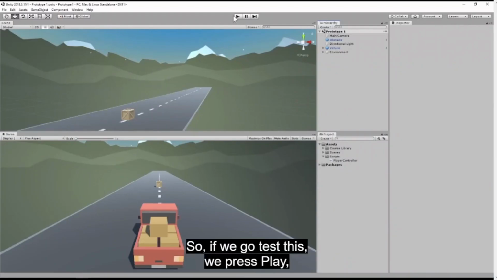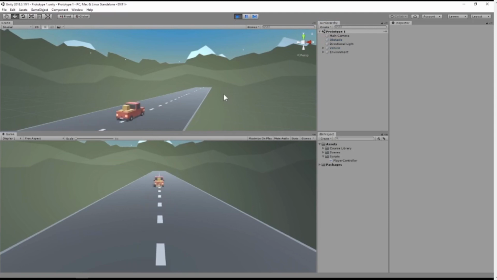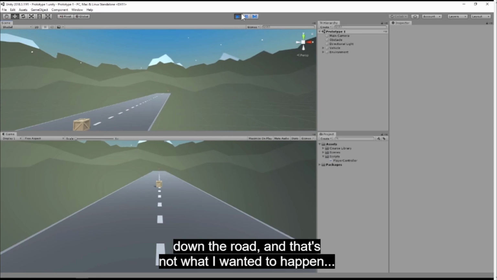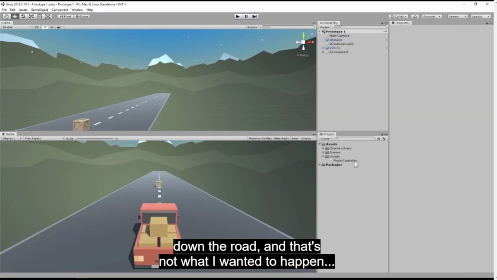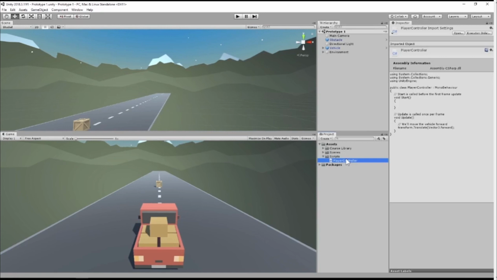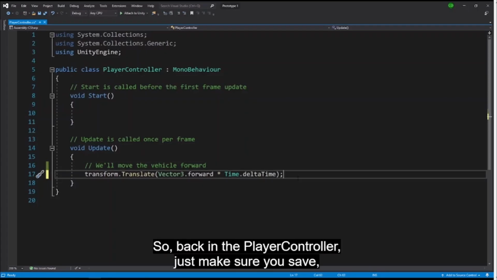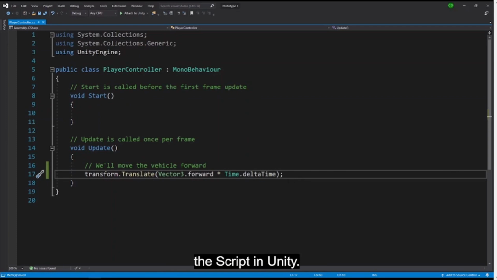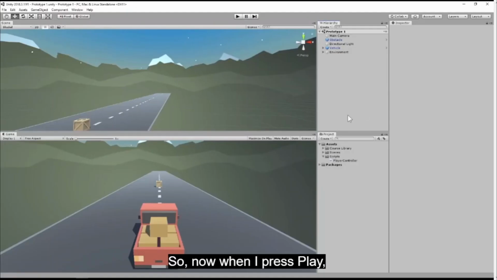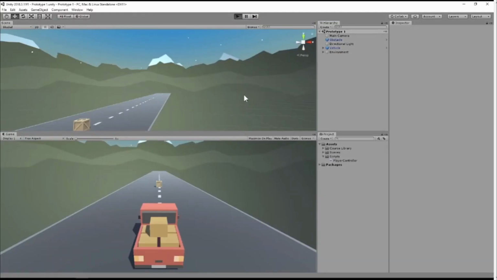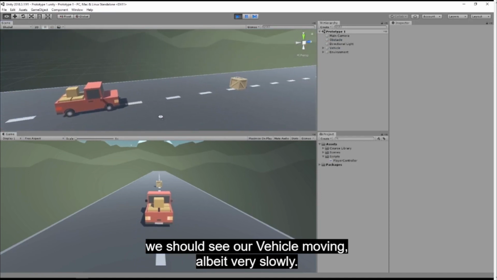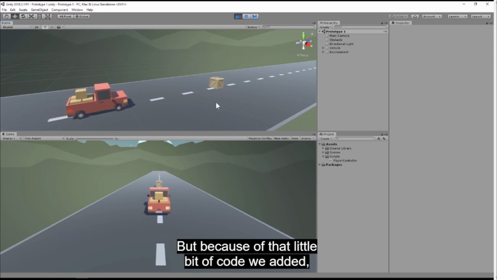So if we go test this, we press play, and our vehicle is still flying down the road, and that's not what I wanted to happen. I forgot to save again. Okay, so back in the player controller, just make sure you save, Control or Command S. That way it always updates the script in Unity. So now, when I press play, we should see our vehicle moving, albeit very slowly,